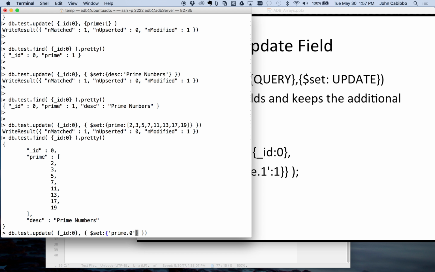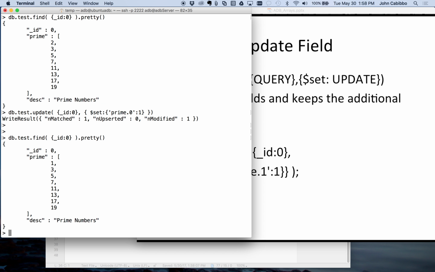What this means is go to the prime array, and the 0 means get the first element. In this case, 0 is the first element, 1 is the second element, 2 is the third element. Now take that element and set it equal to 1. Here's a note. When you are using this dot notation, meaning field dot position, you must put it in single quotes. Now if I run this,